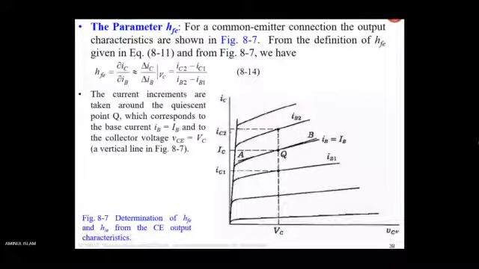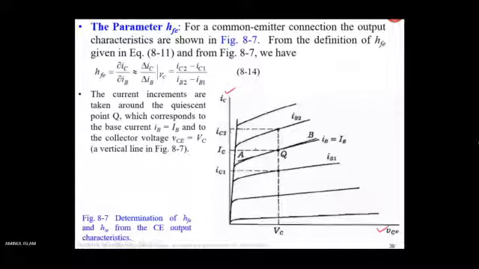Otherwise, you can also take the BJT, connect it in a circuit board, bias it properly, and measure IC and VCE. The x-axis is VCE and the y-axis is your IC, the collector current. If you measure the voltages and currents with oscilloscopes and plot it, you'll get this